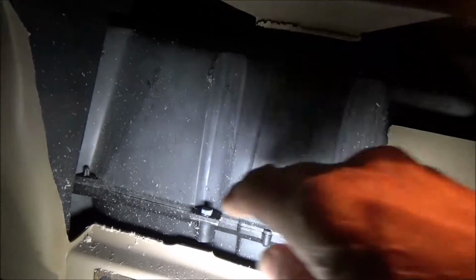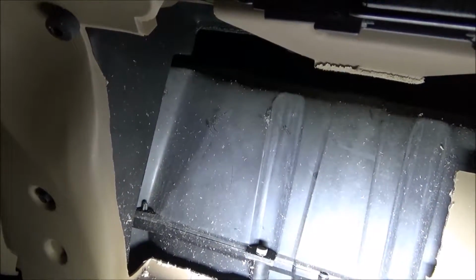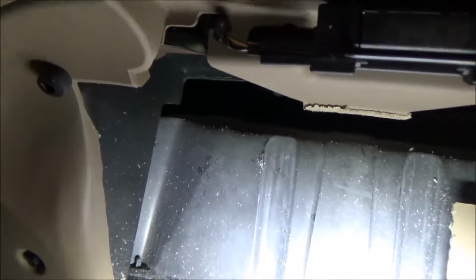It's nothing structural, it's just a panel, I guess, that they put in the back of the glove box. The glove box gets shut, you never see it. Even when you open it, you don't see it because there's a back panel on the glove box. Now the next thing that has to be done is a panel of this